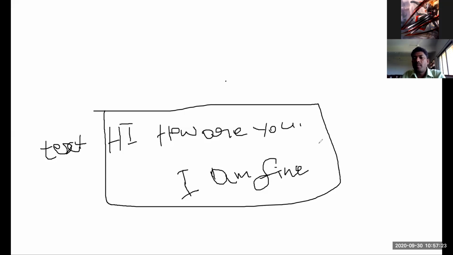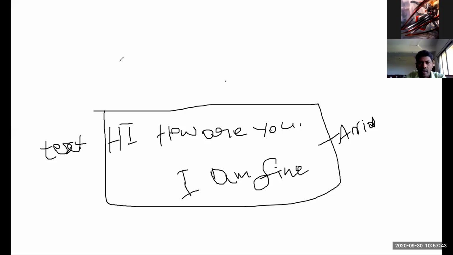So for this text, for example, it is in Arial. Think of this one. The text format is Arial. You want to keep this in Arial. How to write code using CSS?